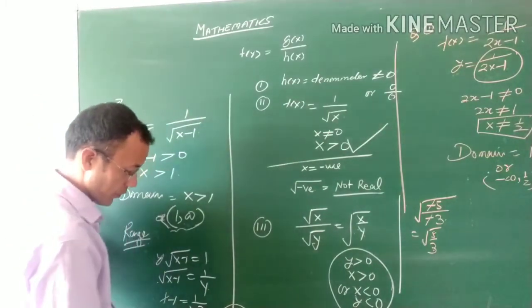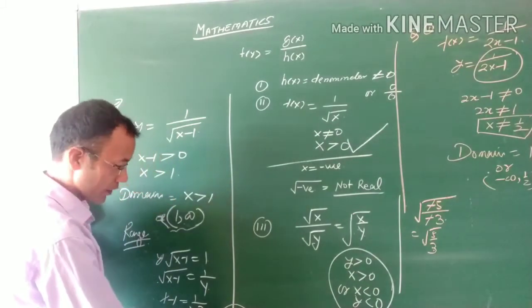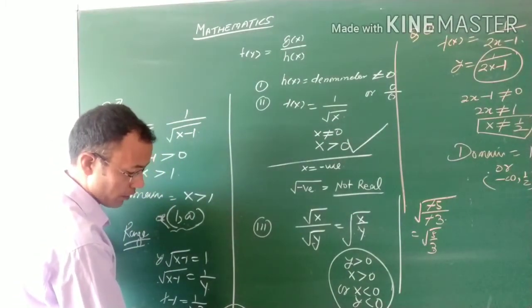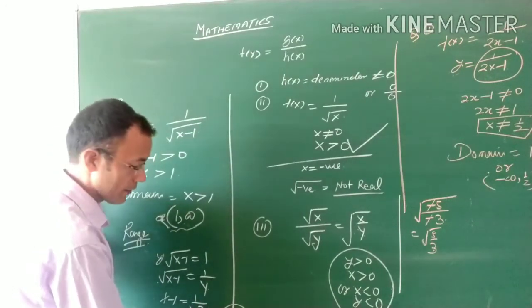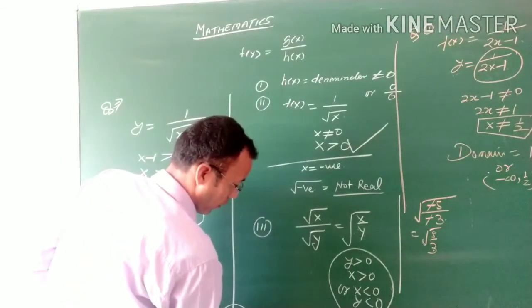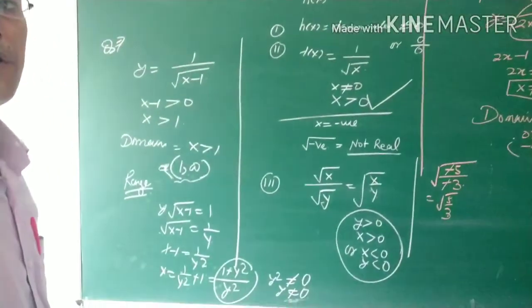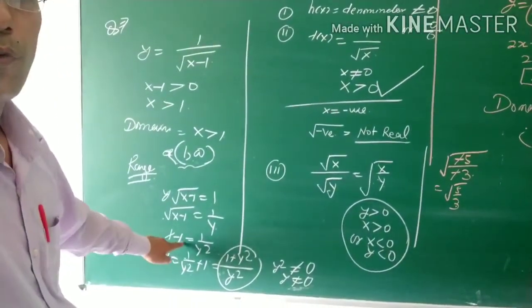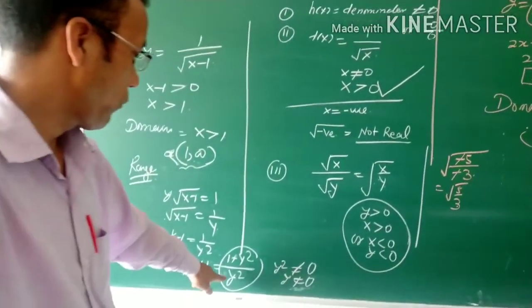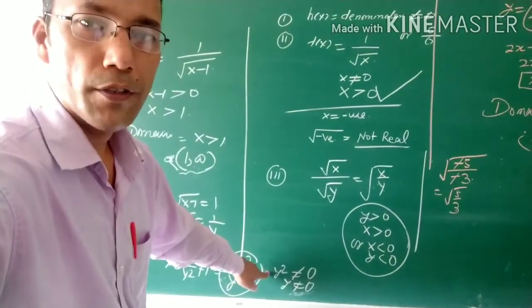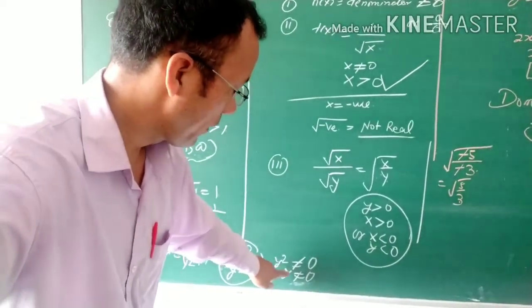Now, what is the range of this one? The denominator is y square, it is not a square root. The numerator is not a problem for us. The y square is the problem for us, y square must not be equal to 0, and so y is not equal to 0. So that is the range of the function. Check it: x minus 1 is 1 upon y square, x is equal to 1 upon y square plus 1, and taking LCM y square it is (1 plus y square) upon y square, and y square is not equal to 0, and the numerator is not a problem, right? This is y is not equal to 0.